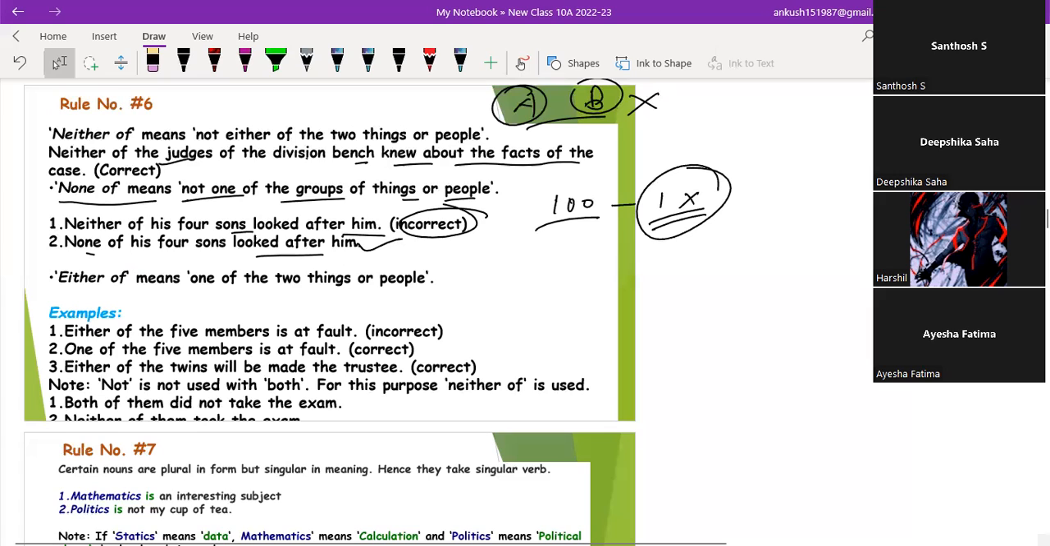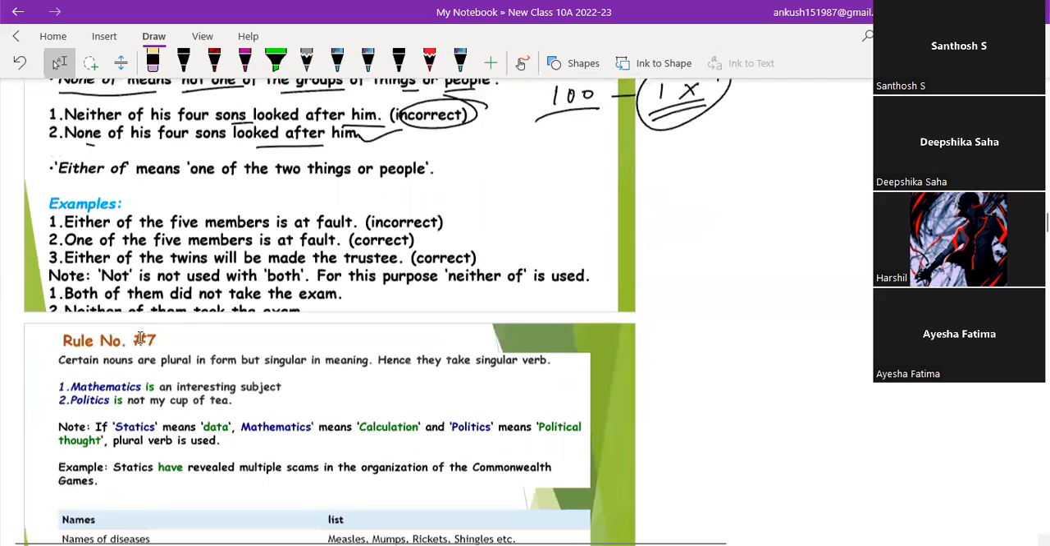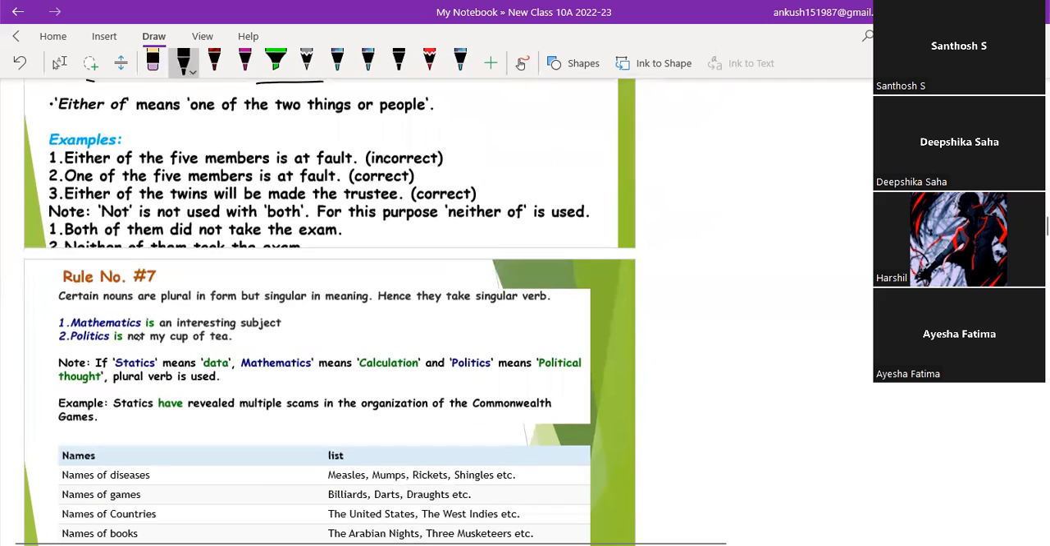And neither of means both the things are not involved in the action. Okay, and they are used as what? They are used as singular. Either of means one of the two things or people. Example is like